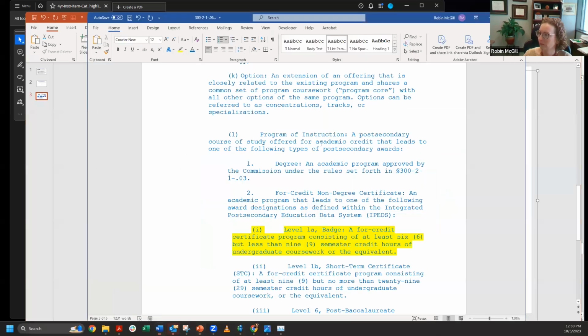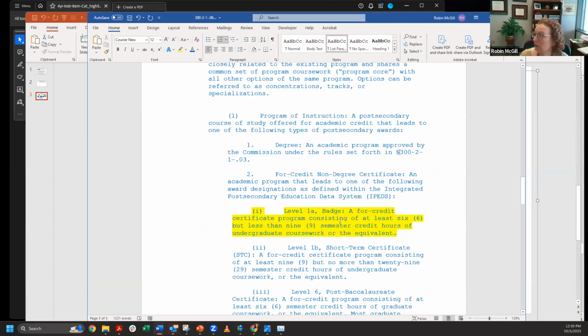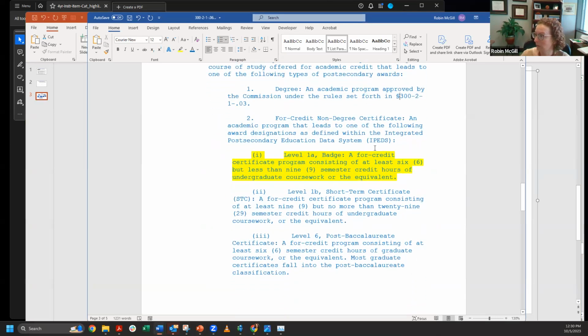Okay, back to the credit non-degree. So here's where we need some input. So we all know what the certificates are, but we have discovered through conversations with some of you that iPads has an additional level that AIC has not typically described before. So iPads specifically distinguishes between the level 1A and 1B, where the 1B corresponds to short-term certificates, and then the 1A is a much smaller